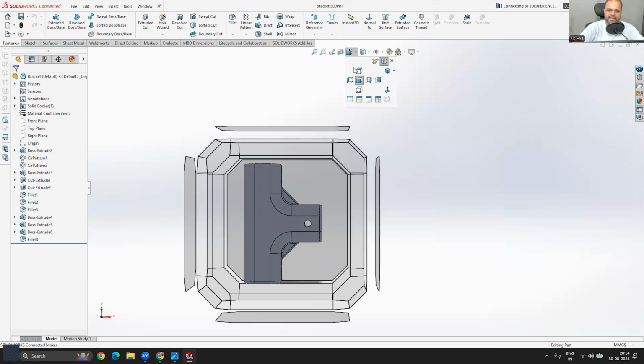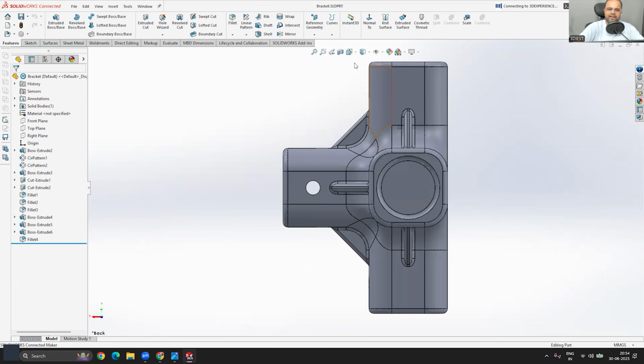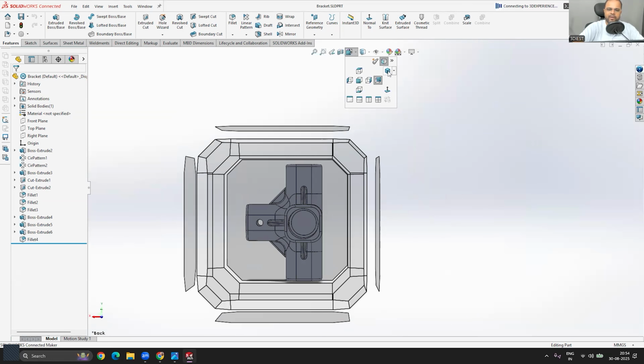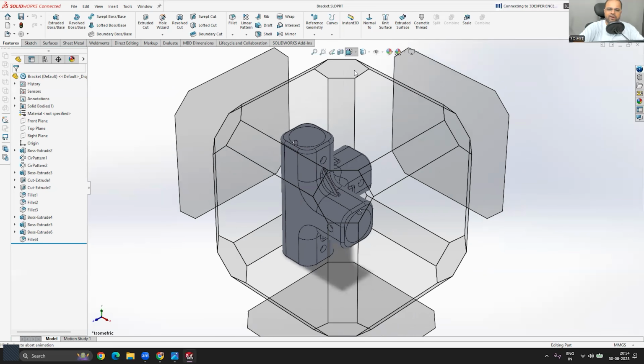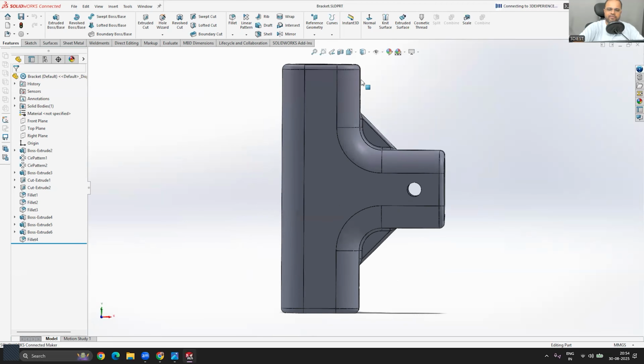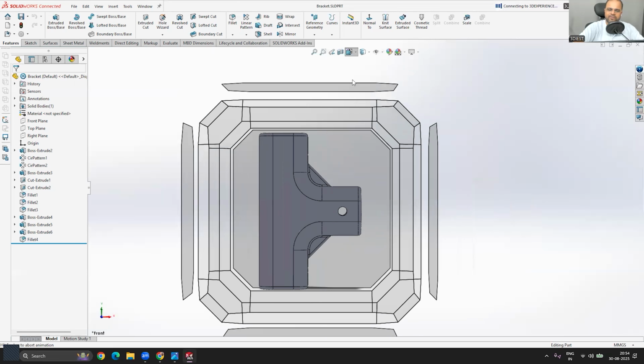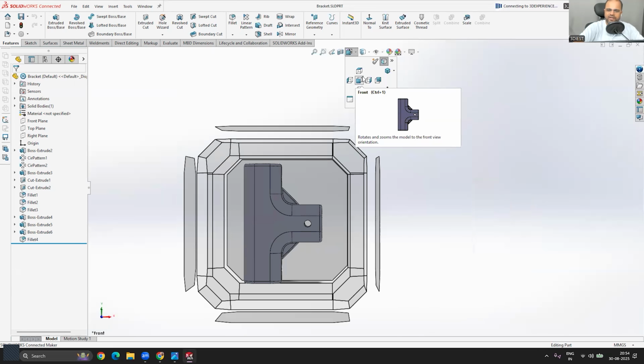You can also do the same thing from here as well, like this view, or maybe isometric view, or maybe some front view. So these things you can also do from here, but using keyboard shortcuts will make you a little bit faster. But that can only be developed if you keep practicing, right? So that is the thing. Now, just below that, we have few more settings.